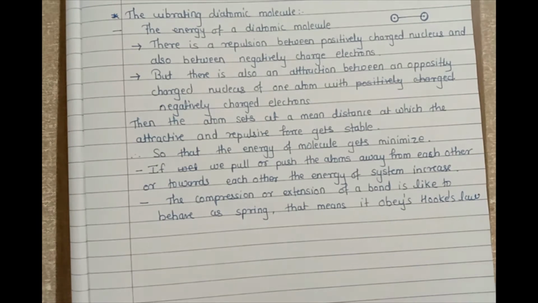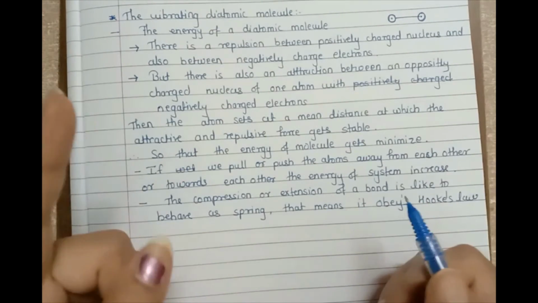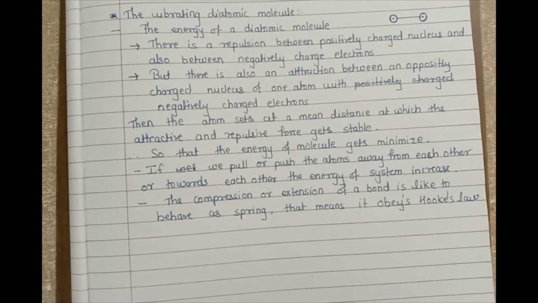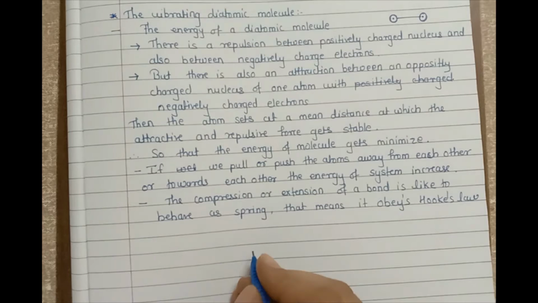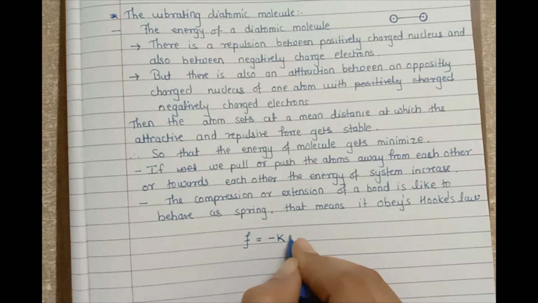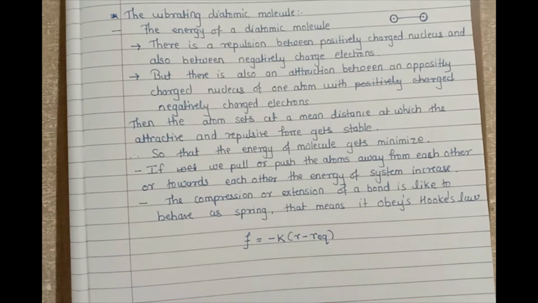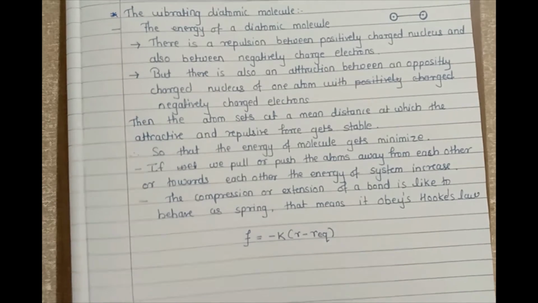As we are saying the bond gets compressed and extended, it behaves as a spring. So we know Hooke's law for the restoring force, that is F = -k(r - r_eq). What is this r? r is the bond length. r_eq is the equilibrium distance. Is it okay? That means F